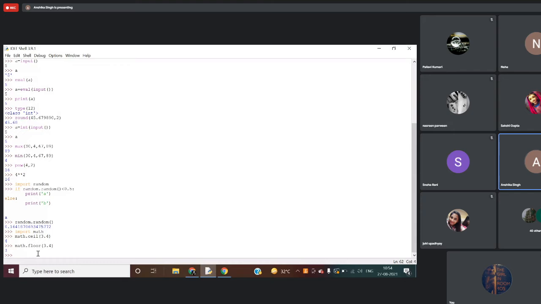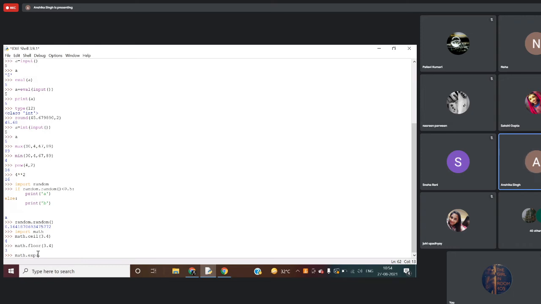Same way, for the exponent you can use math.exp. Python is case sensitive, so please make sure that whenever you use a variable, if you have assigned a value to a variable with small letter a, then you use the small letter only throughout. If you use a capital A, it will be interpreted as another variable.